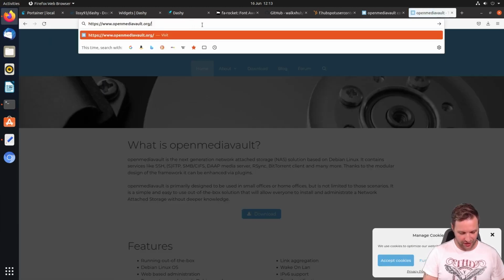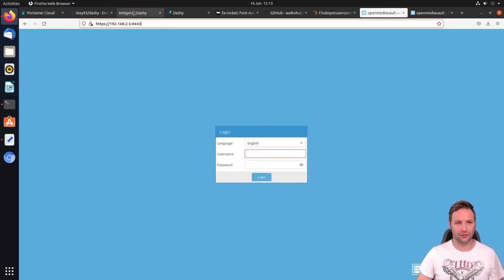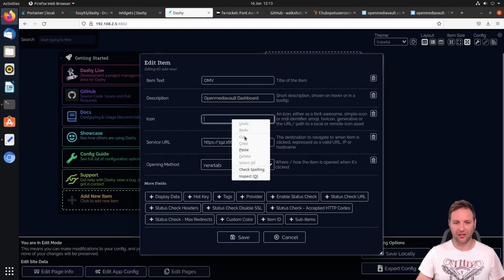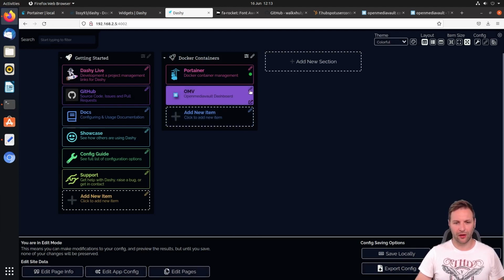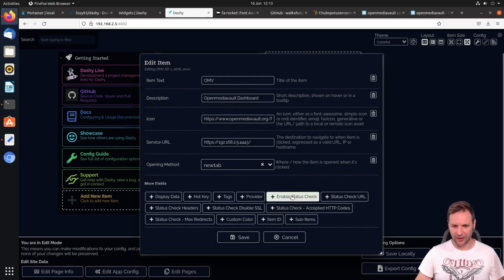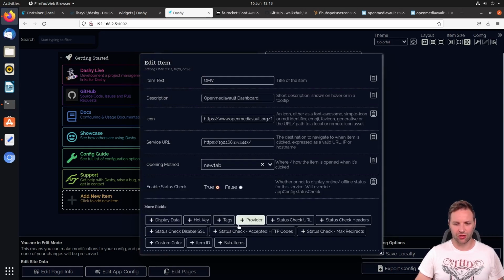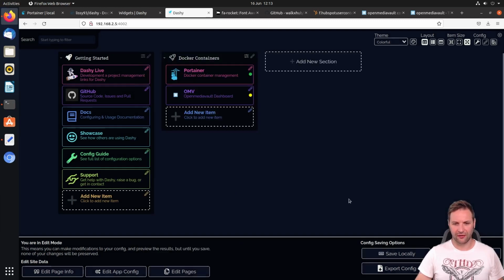And then we're going to go /favicon.ico. So we're going to go back to our dashboard, and under icon, paste that in. Okay, so under here, if I click save now, all right, hang on, just edit one more time, and we'll click the enable status check again and click true and click save. Now you'll see it's got a yellow icon now,